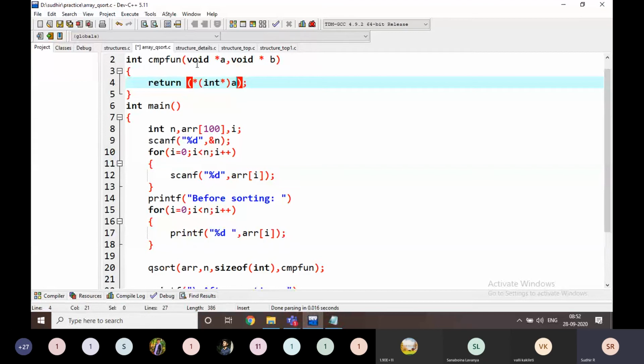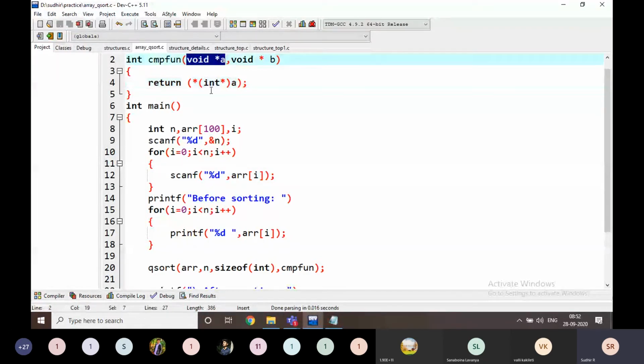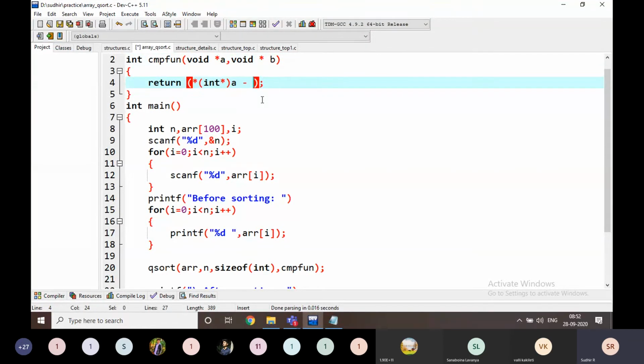Why am I writing int star? I am going to convert this void pointer into an int pointer here. int, that is an integer variable, minus, I am going to write here again star int star b like this. That's it, nothing else. We have to write this simple line here.